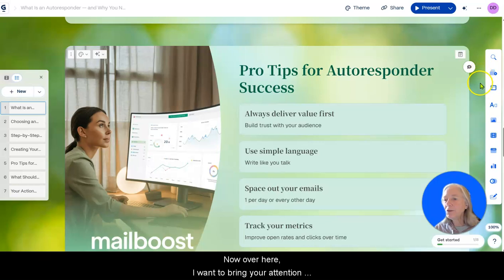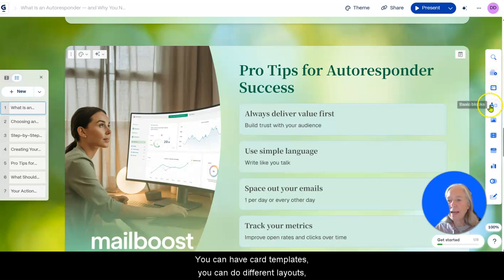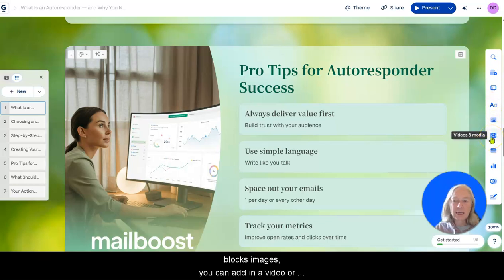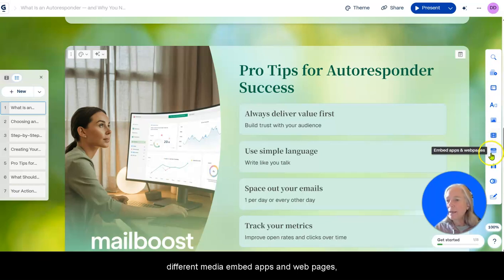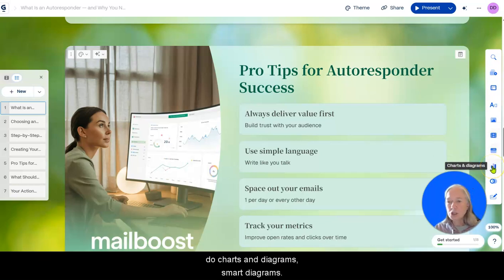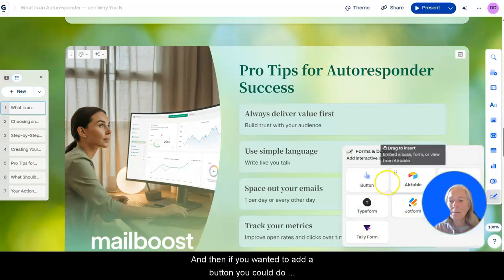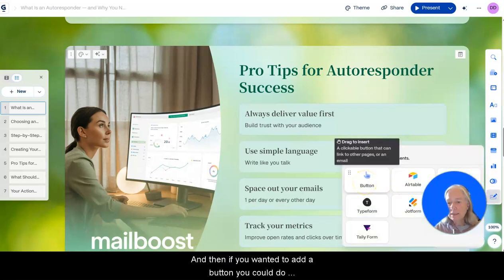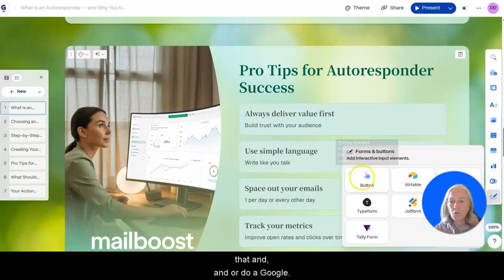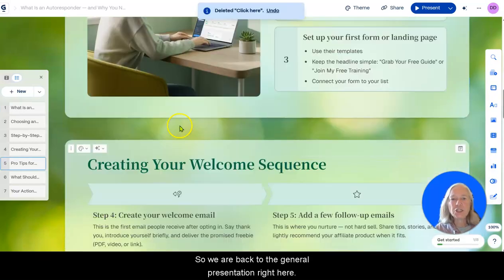Now over here, I want to bring your attention to this menu over here on the right-hand side. You can have card templates. You can do different layouts. You can add in different blocks, images. You can add in a video or different media, embed apps and web pages, do charts and diagrams, smart diagrams, and then if you wanted to add a button, you could do that and or do a Google. So we are back to the general